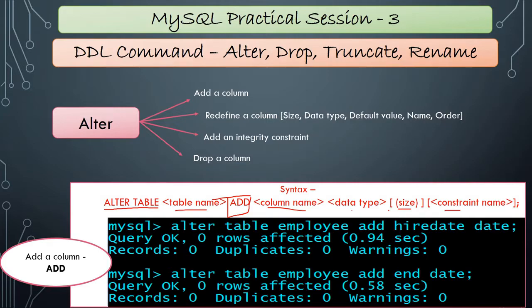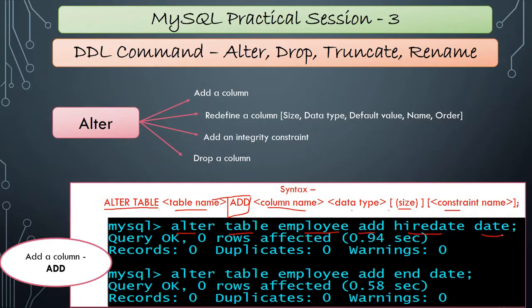So you can see over here the commands. I'm adding a date column to my table employee. Firstly I'm writing alter, then table. As we are making changes in the table structure, we have the table name employee, which is my table name, and I'm adding a column with add, and my column name is hire date. For the date format, we just have the default format, that is YYYYMMDD. First we need to enter the year, then month and then date. By default it has the same syntax, that's why we just need to write date. And then we are adding a semicolon.